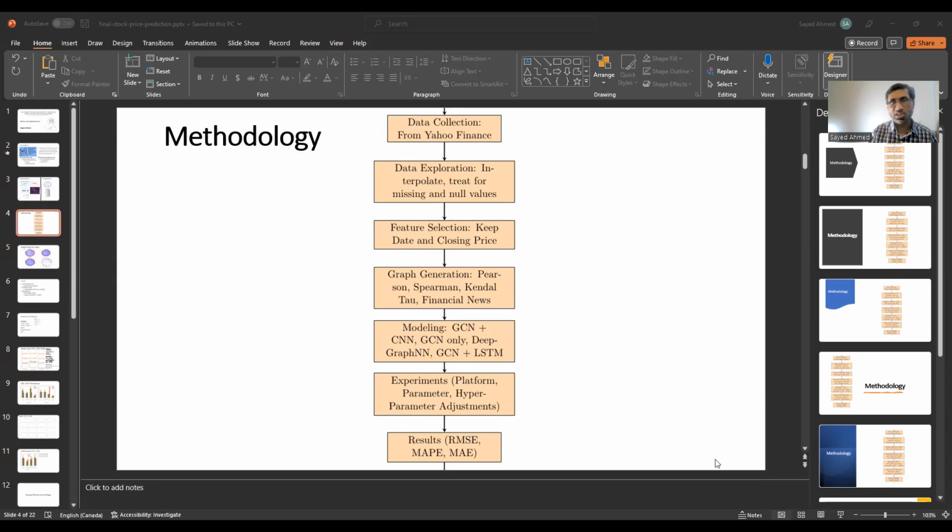Price from Yahoo data and finance news data from Kaggle.